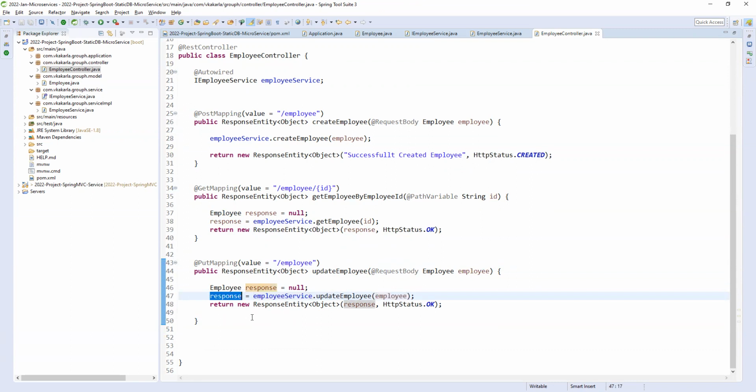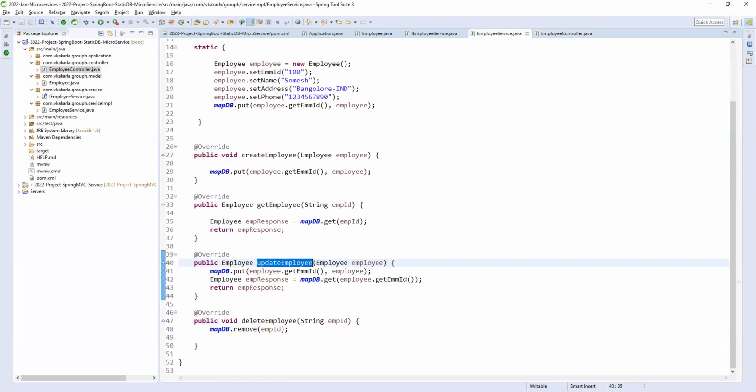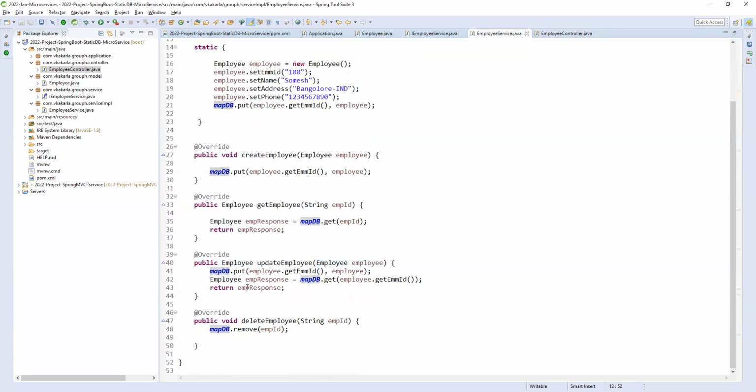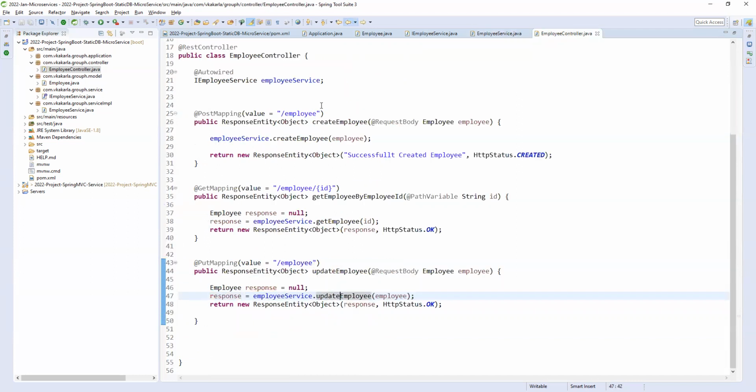The same response: whatever I am updating, I want to see with the updated values in my user interface. So I'm sending it back after updating. We are getting the same employee ID from the DB, our map DB.